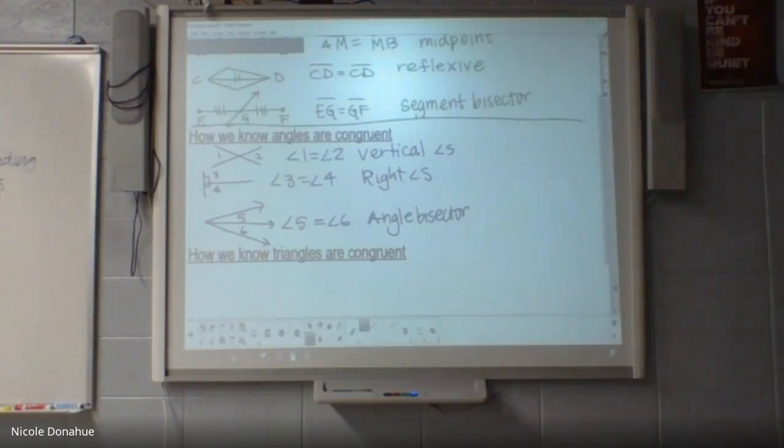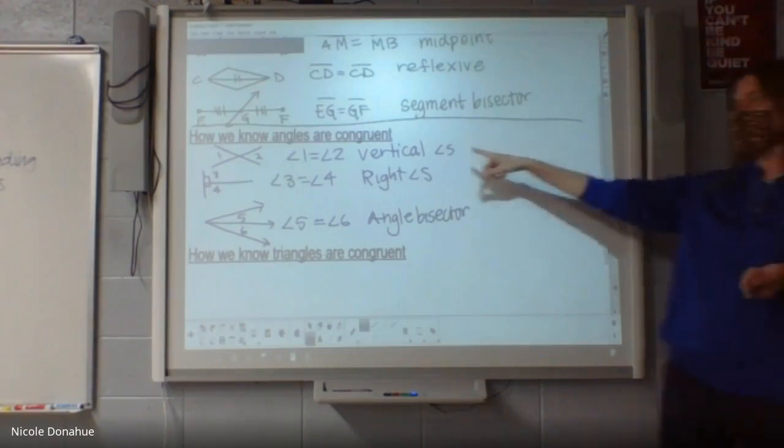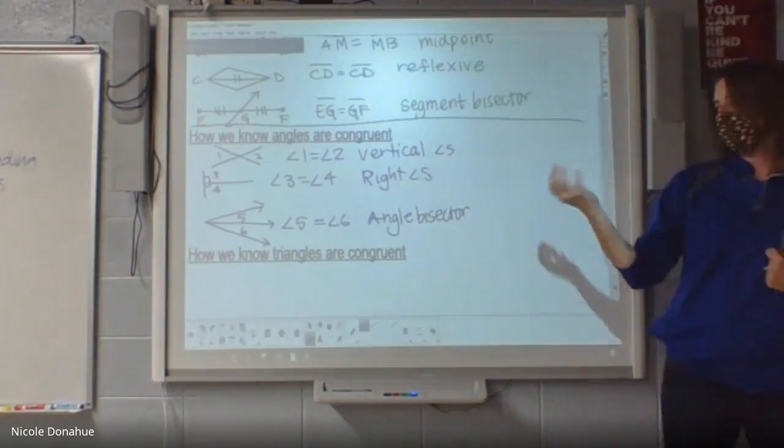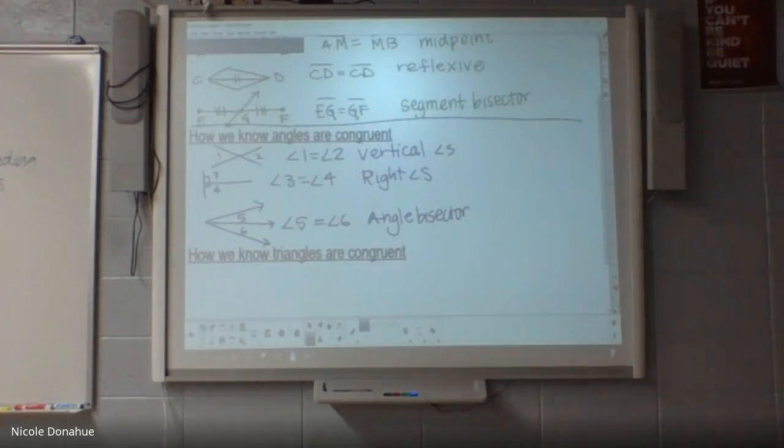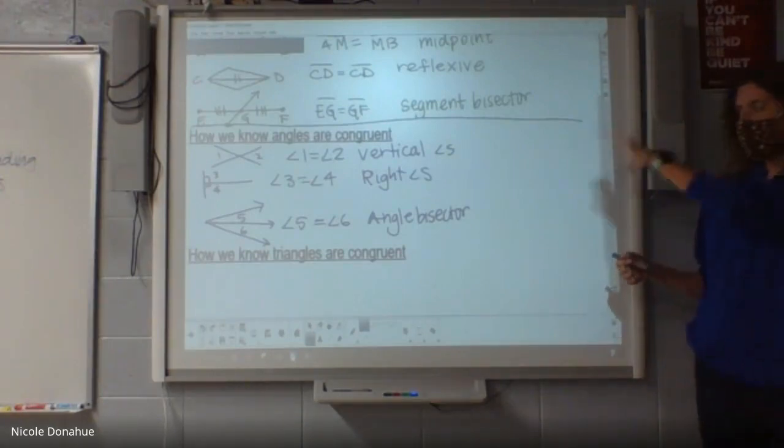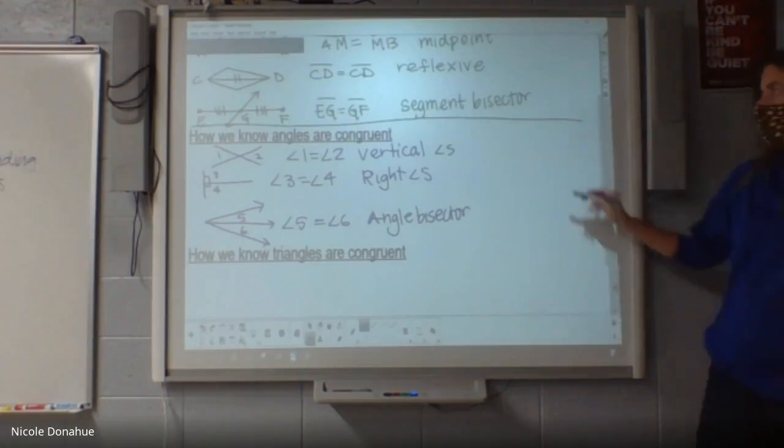Now, they do have to give us some information to know some of this. Vertical angles, they shouldn't have to tell us anything. Right angles, something should be labeled. Angle bisector, something should be said that it's an angle bisector. You can't just look at it and say it looks like an angle bisector. The other two that go with angles, if you have room on the side in the margin, I hope, is